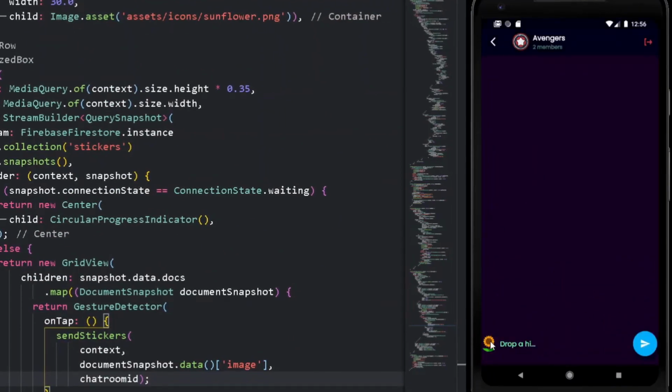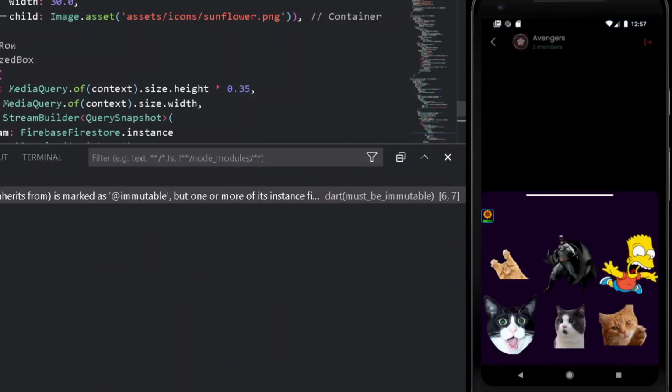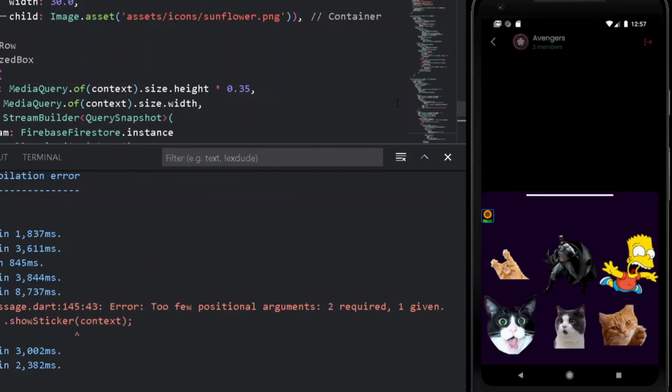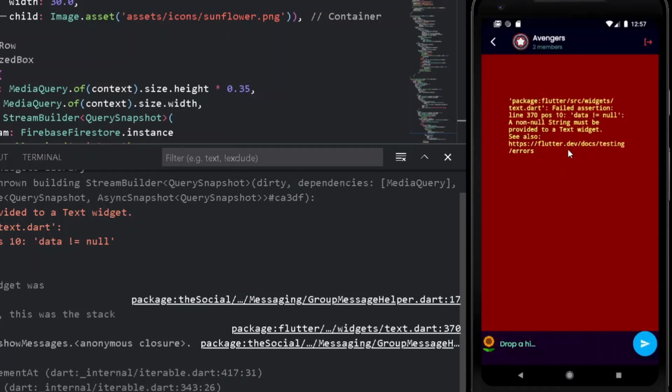So I can come back, and here let's try posting a sticker. Let's open our debug console in case something is going wrong. It is always okay to see our debug console. So now after typing over it, easy, we are not getting an error here. That means we are now getting our entire chat room, that is our sticker, under our messages. Congratulations, we have successfully posted our sticker under our Cloud Firestore.